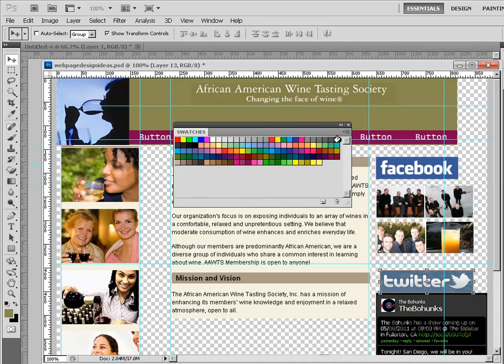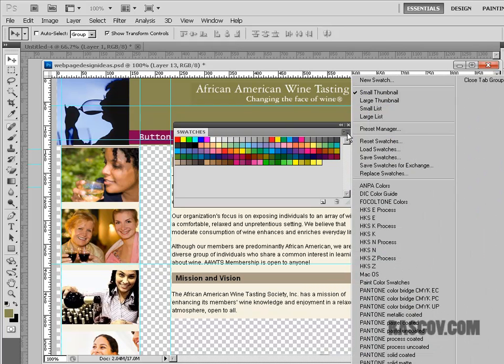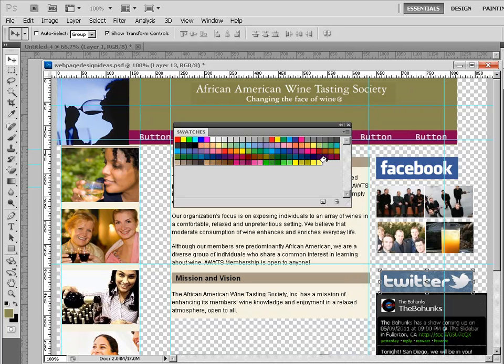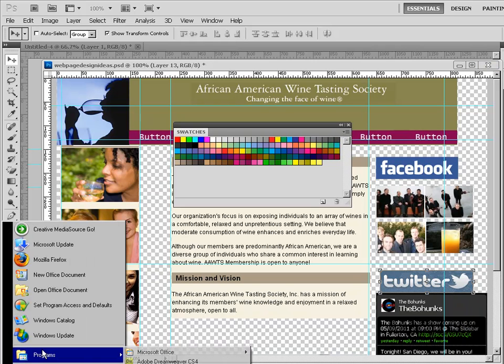The other thing I would do is, if you want to import your color palette that you downloaded into the swatches option inside of Photoshop, you can go over here to the pop-up window and there's one that says load swatches, and you can go and find the swatch that you've downloaded off of the color designer website and then load it in, and you'll see my colors right here, the ones I chose from the color designer. Then I can sort of add them in. So you could either do that or you could go right into Illustrator. You don't have to use Photoshop, but if you use Illustrator,